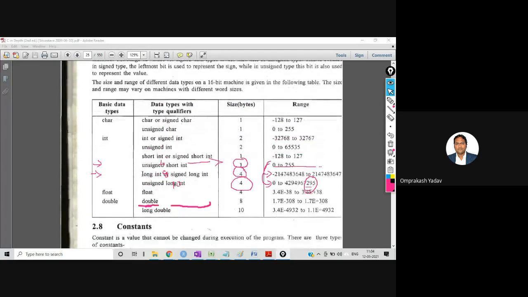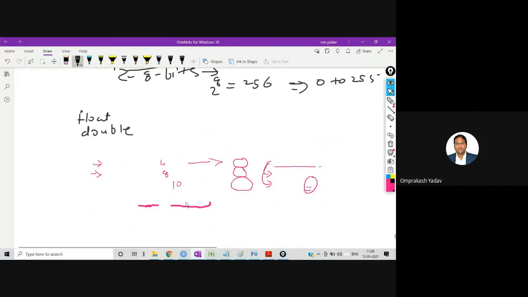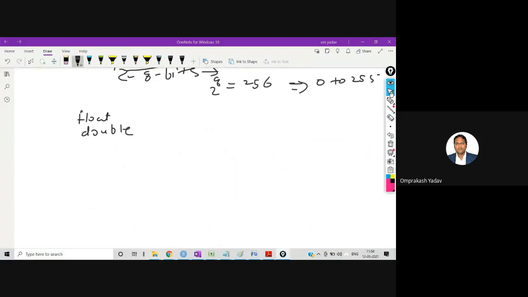Now apart from this, there are user defined data types also. What do you mean by user defined data types?